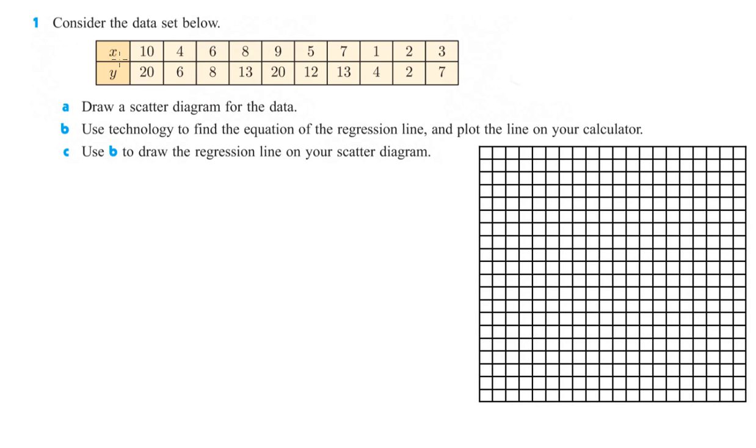So here's our X and our Y. The maximum, highest X we have is 10, lowest is 1. And then for Y, it looks like the highest is 20 in 2 different spots and the lowest is 2. Okay, so since our highest on the X is only 10, I'm going to do, and I know that this